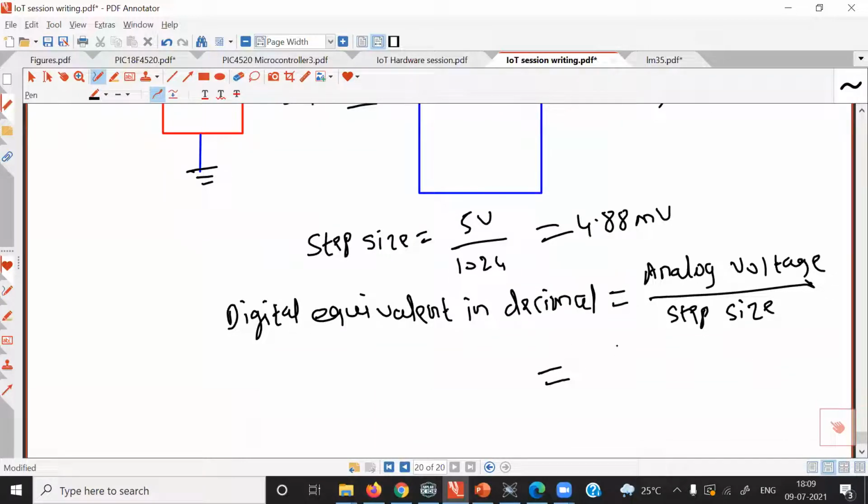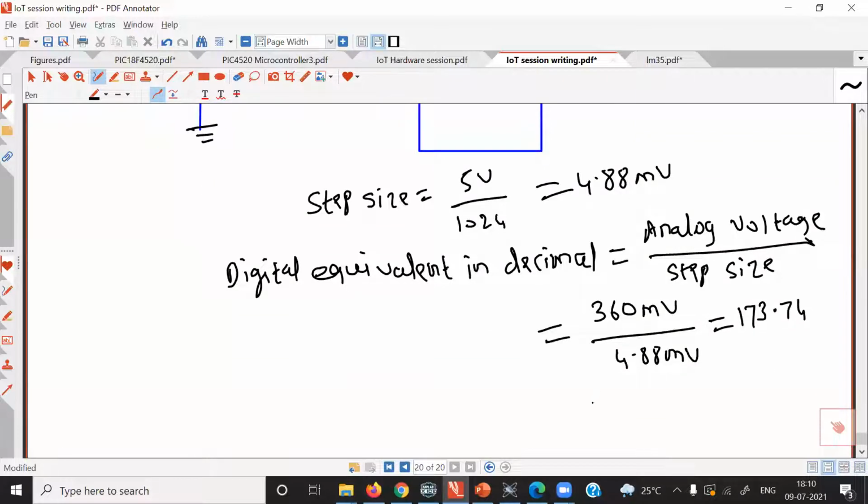So the analog voltage is 360 millivolt at 36 degrees Celsius temperature. 360 millivolt upon 4.88 millivolt, and this number is 173.74.